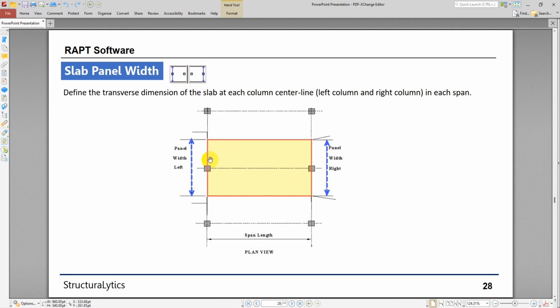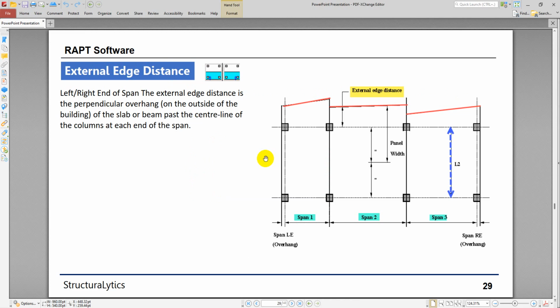Once you click the external panel, you will have extra information to input. This means that the left and right end of span, the external edge distance, is the perpendicular overhang on the outside of the building, of the slab or of the beam, past the center line of the column at each end of the span. If you have the edge distance, or simply say the cantilever slab, you can provide extra information about